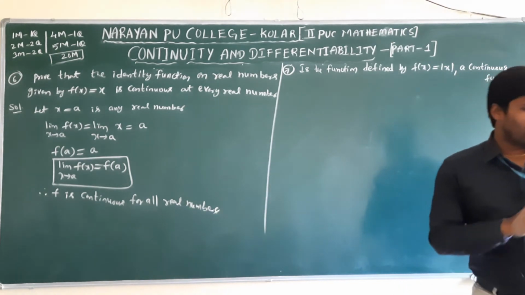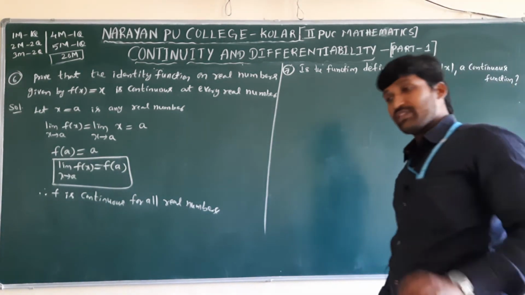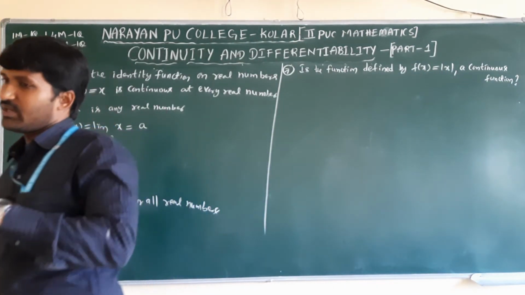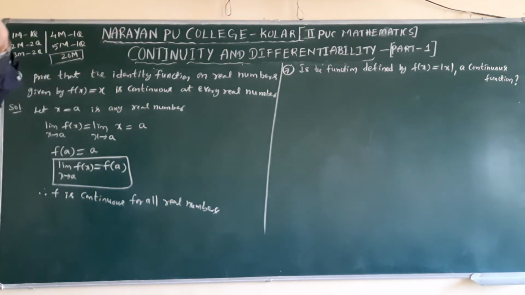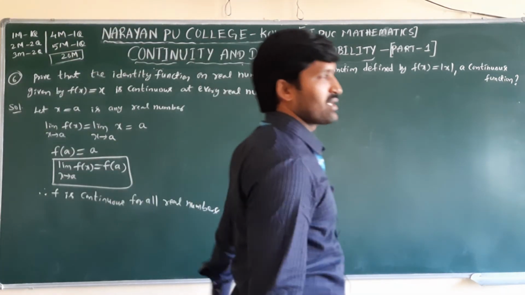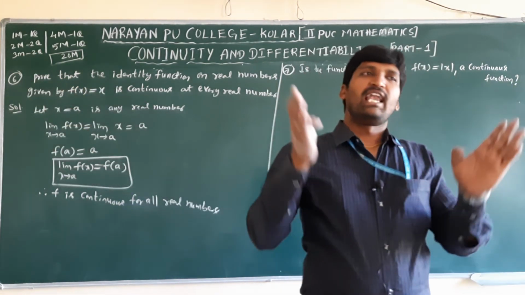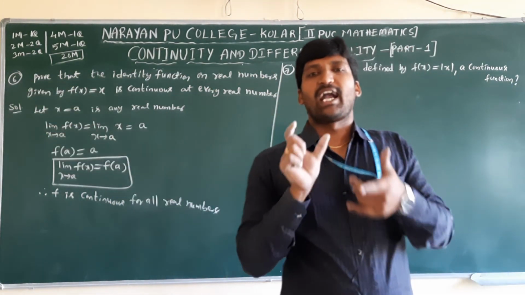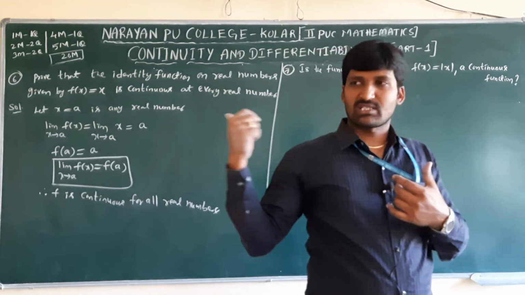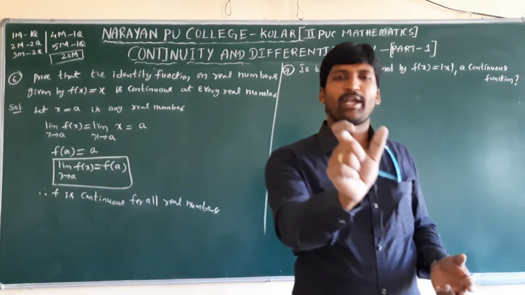Here they are not given any x value. If they give an x value where you have to check the continuity, we can do it directly based on the formula. But here the point is not mentioned. That means we need to verify the overall function, that means left side, right side at the point. We learned that all the questions we just discussed are done at a point only.